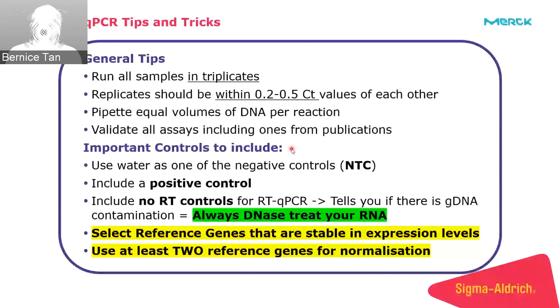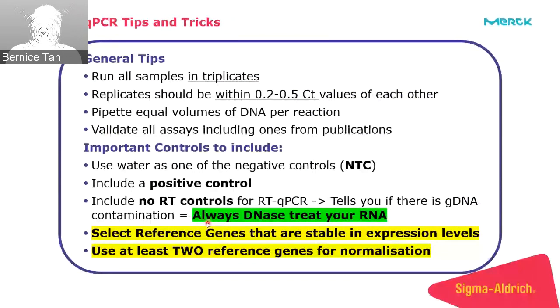Now, important controls to include, because this will help you troubleshoot your assay. Make sure you use water as one of your negative controls, so always have an NTC. Always include your positive control. If you're doing RNA analysis, include no RT controls as well. It's going to tell you if genomic DNA contamination is present, so you don't want that in your analysis. You can also try and reduce the risk by DNase treating your RNA sample before you start your